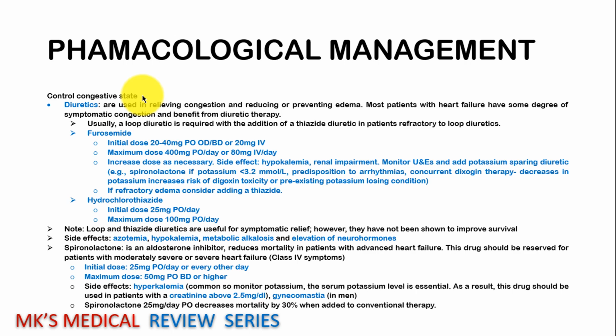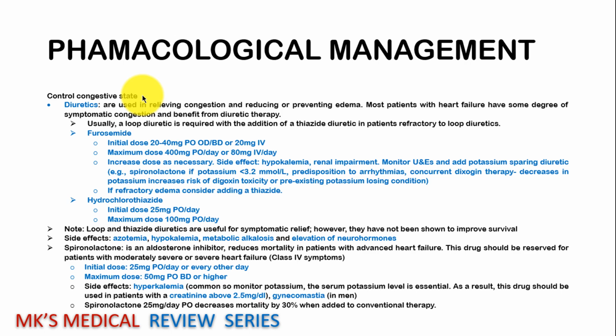Then, if they have refractory edema that's not responding to just the furosemide, we can add a thiazide diuretic. So we can add hydrochlorothiazide, initial dose of 25 milligrams orally per day, and a maximum dose of 100 milligrams in a day. This is very useful in controlling or giving the patient symptomatic relief, but it doesn't improve the survival of the patient. You may also add